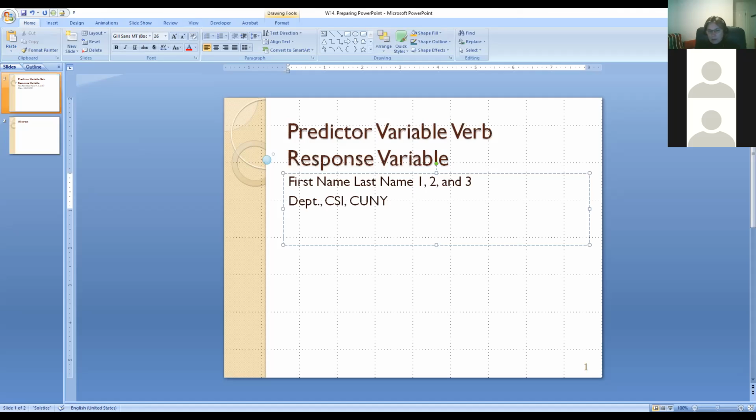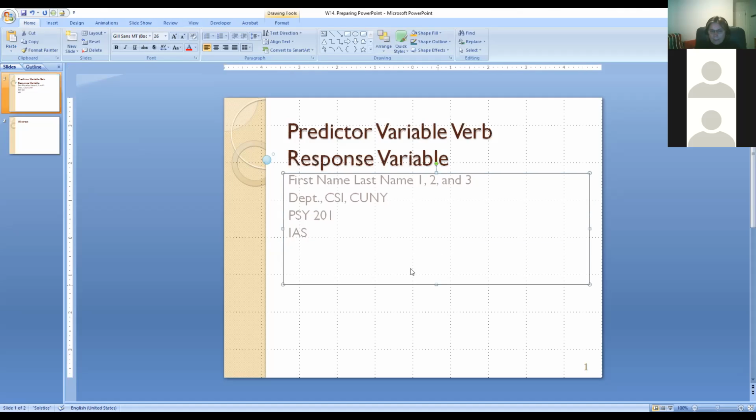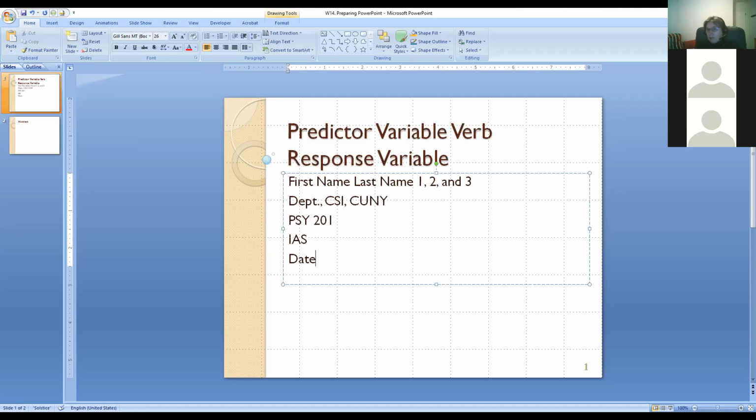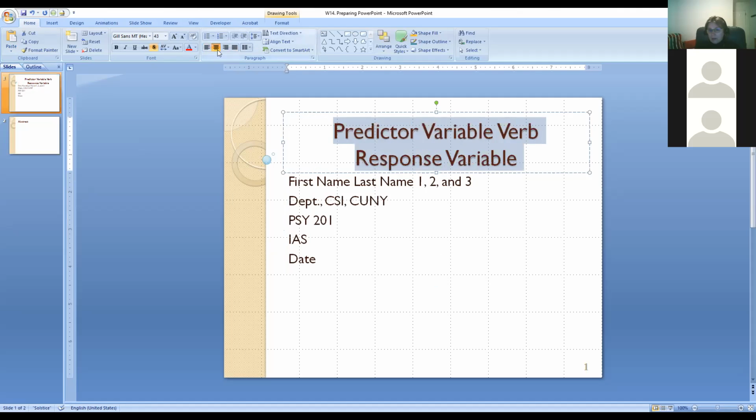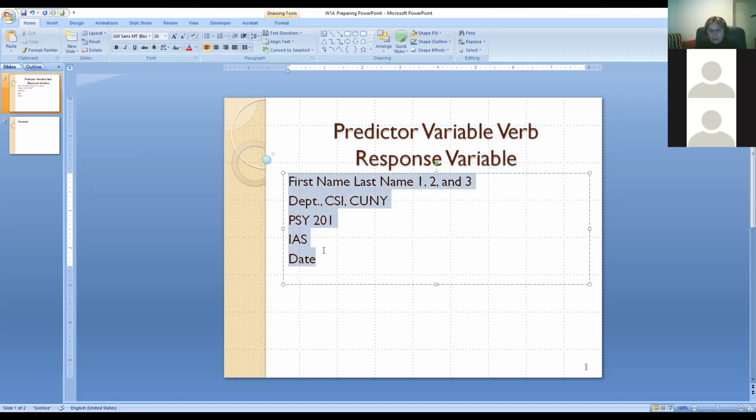Just the way it is in assignment 2. Nothing changes except that it's on PowerPoint. So the font is bigger and there is color, followed by the course, followed by my name, followed by date. Again, this is okay, you can leave it as long as you have all the information, or you can do it the way it is done in the APA and have it centered, including all of this, right?